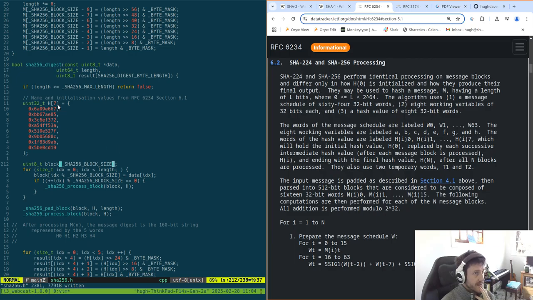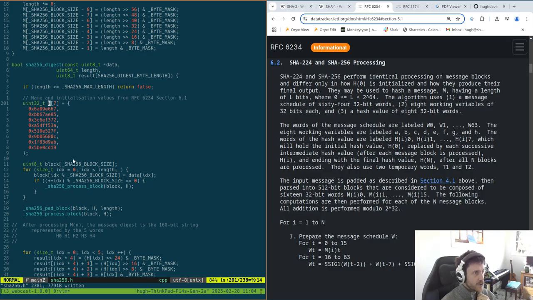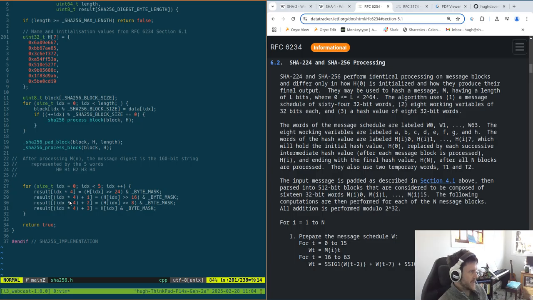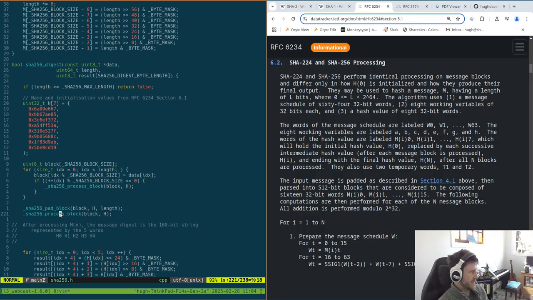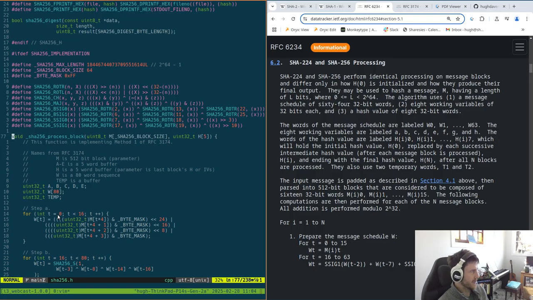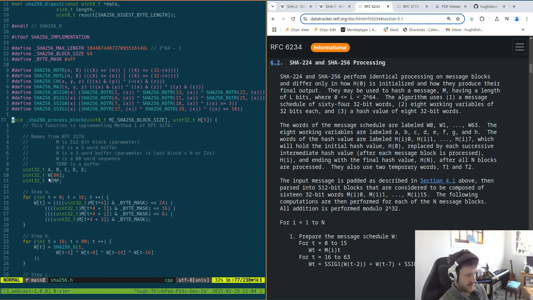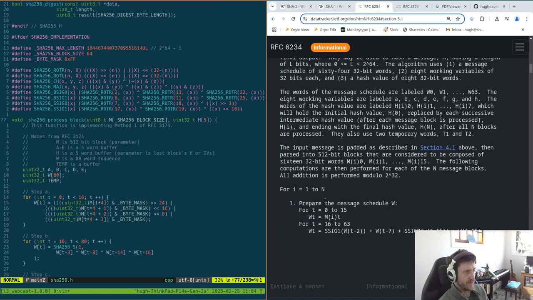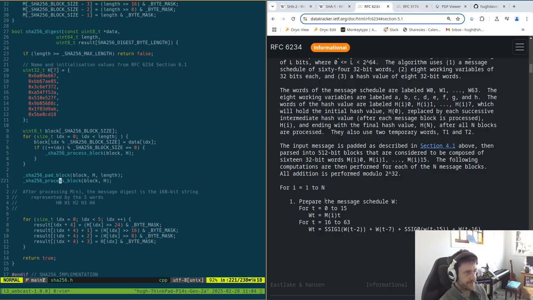So these are the 8 working variables. Oh no, that's the hash value. The H. But we do have some working variables at some point. That must have been in this. Yeah, so this is the chunk of the thing. So yeah, so here we do this, and we